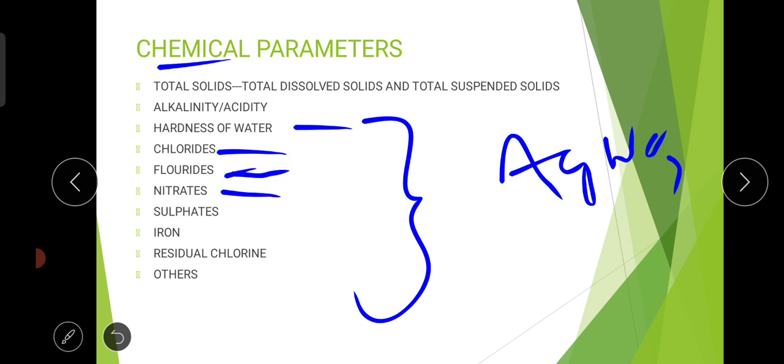These water bodies, which are rich in nutrients, undergo a process called eutrophication. Eutrophication means algal blooms, where a green patch forms on the water body. Thereby oxygen as well as sunlight cannot go into the deeper levels of the water, so the water body becomes stagnant and starts degrading.